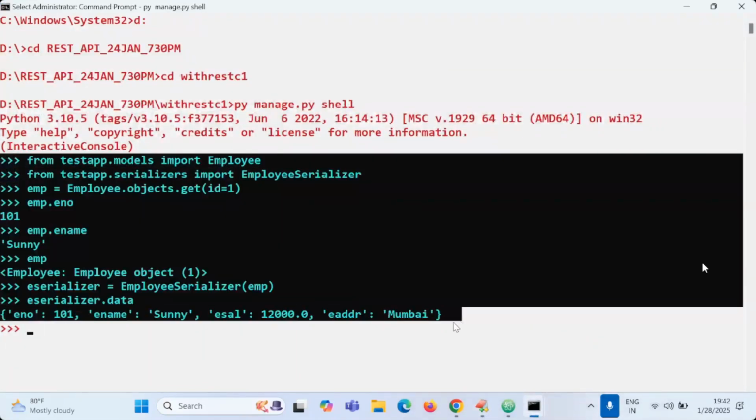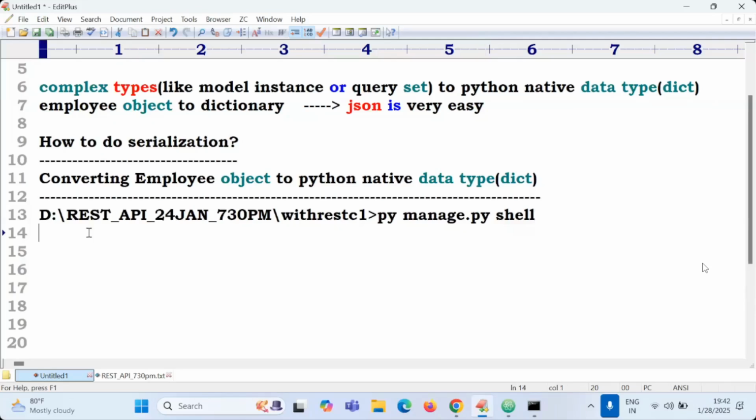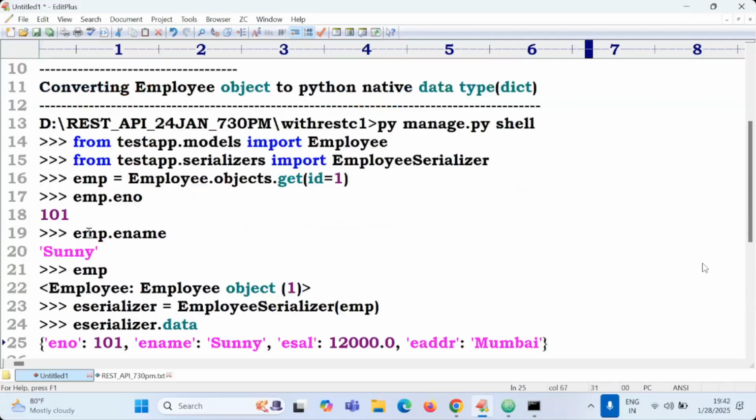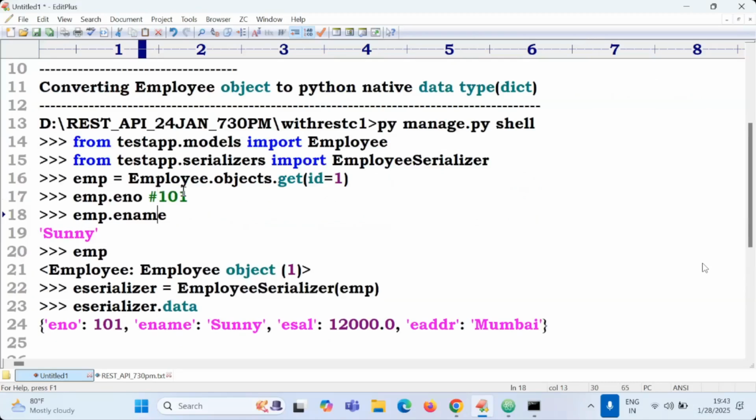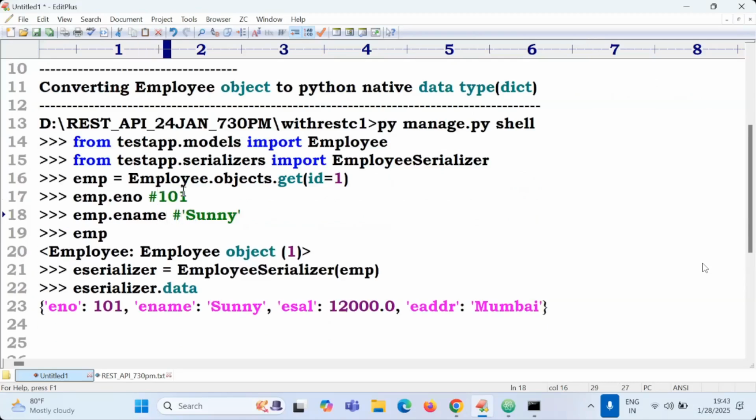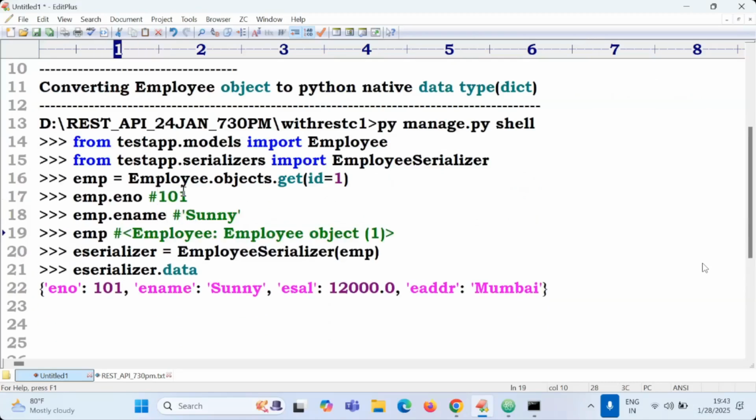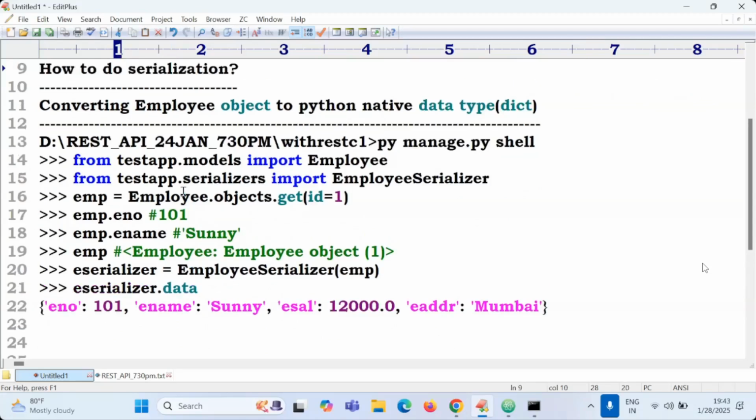I will show. So this is not serialization, just the employee object converted to a dict. If the dict is converted to JSON, then that is called